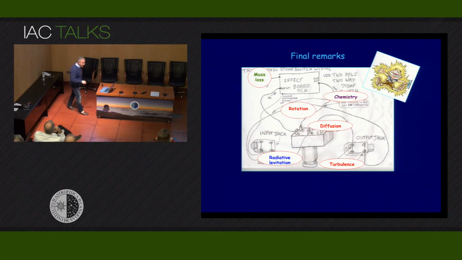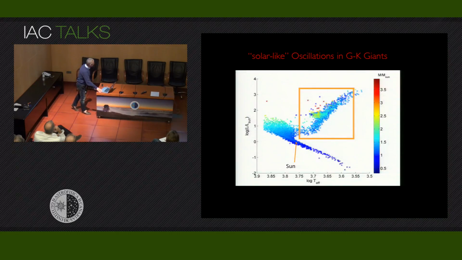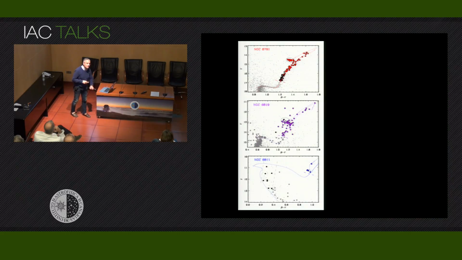And just for fun, I would say that maybe now we are entering a new era of studying horizontal branch stars, thanks to the variability of asteroseismology. This is the data collected by the Kepler telescope. For all these giant and horizontal branch stars here, we now have a very good measurement of the non-radial pulsational spectrum, and so maybe using a different amplifier, that is the sound of stars, we can now enter inside the star and try to understand how they are made, what is the size of the convective core, what is the